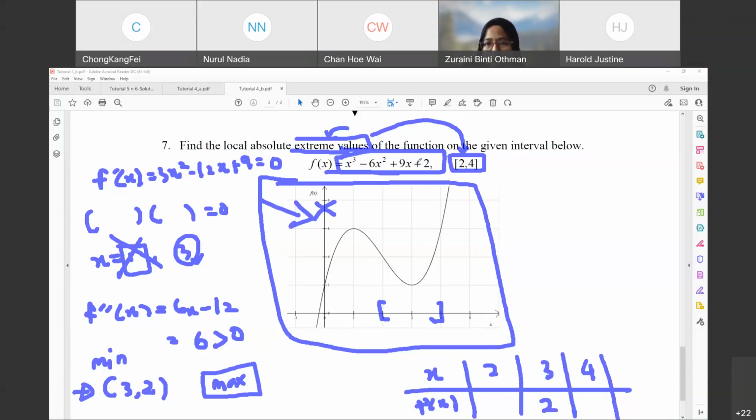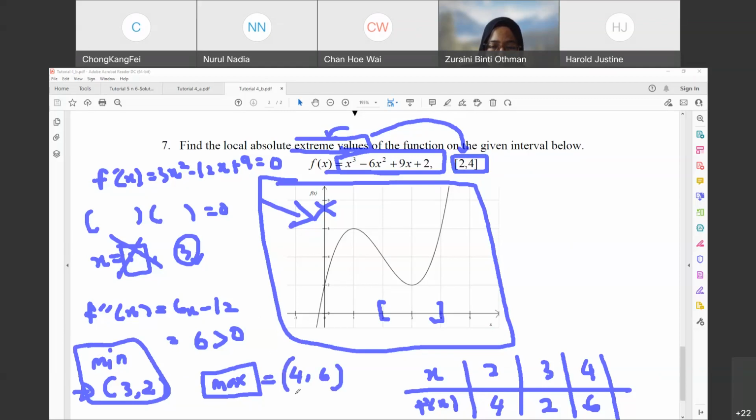Cuba masukkan dalam sini. Bila masukkan X sama dengan 4, nilai dia berapa? Kat sini dah boleh nampak. 4 ialah 6. And itu sebab sepatutnya tak ada gambar rajah ni. 2 ialah 4. So kita dah tahu satu titik minimum, we can find between this interval there is one maximum value which is berapa? 4,